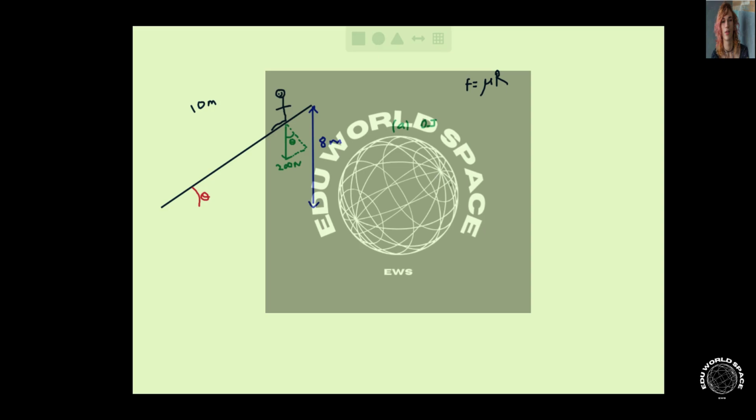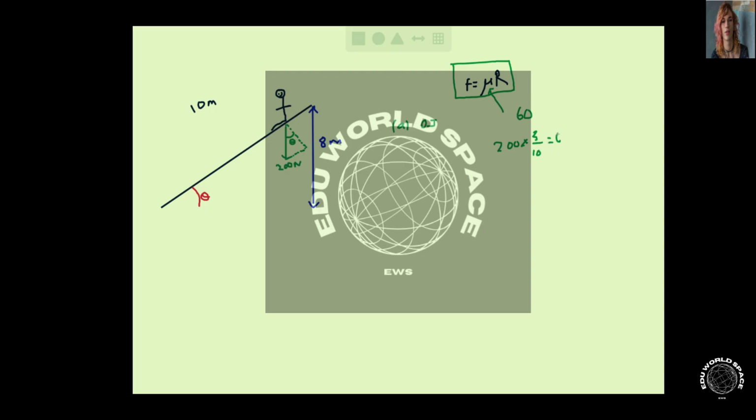The second part of this question wants us to work out the work done by the slide on the boy while he slides down it. So this has to be equal to the work done against the frictional force. We know that the frictional force is equal to μR. We know that the coefficient of friction is a fixed value and R is the reaction force. We're told that the force due to friction is 3/10 of his weight, so it's equal to 60 newtons, because that is 200 newtons, which is his weight, times 3/10,